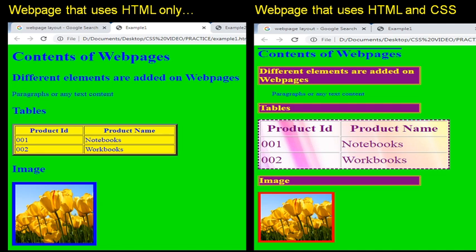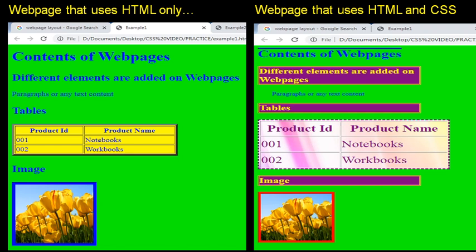Look at the paragraph. We are able to use margin on the left hand side of the paragraph. See the table. We have added image at the background of the table. Even the border style is different for the table.